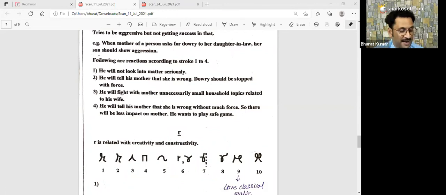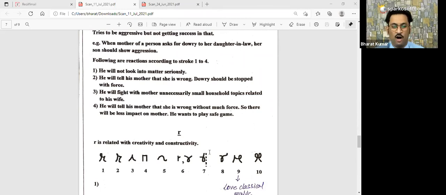Okay, type 7 of R. It looks a little bit like F. Type 7 of R, it looks, okay, Shalini. Which is the best R to use? Udit, it depends on your work style. In which field are you working? Mechanical field, creative field, beauty work, decoration work. Then you have to select the R.